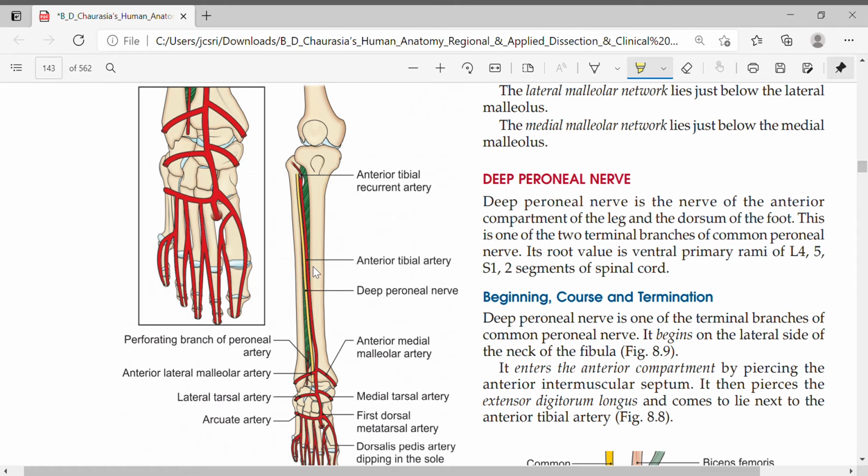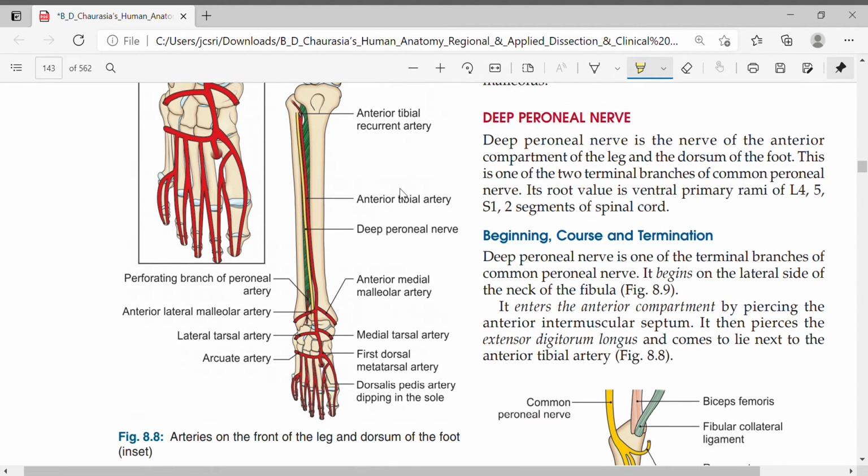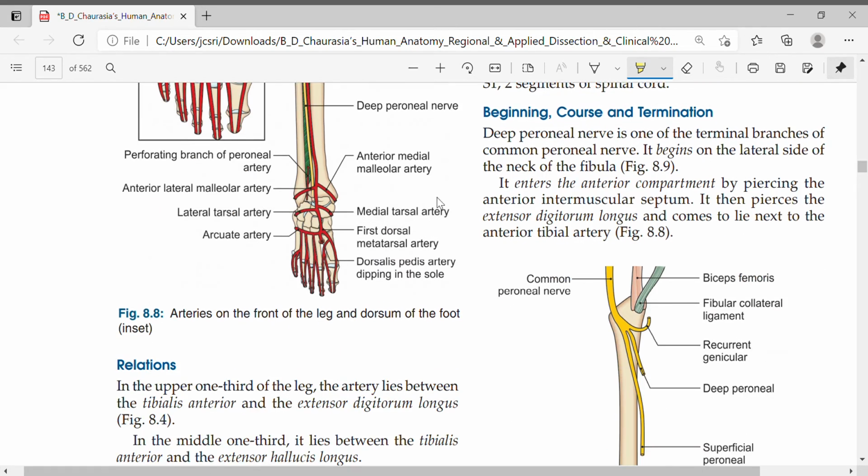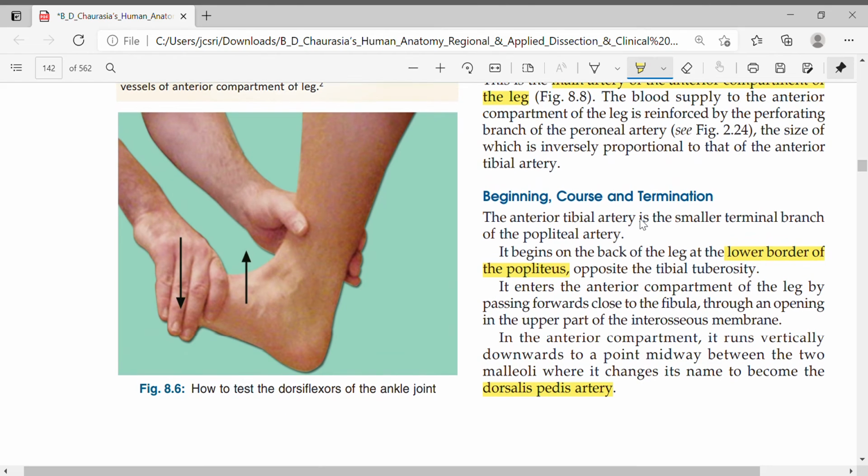This is the anterior tibial artery. It passes between the tibialis posterior, and passes through the gap above the interosseous membrane. At last it enters the anterior compartment. Once it enters the anterior compartment, it goes down, running between extensor digitorum longus and extensor hallucis longus, from the lateral to the medial side. You can see it right here.